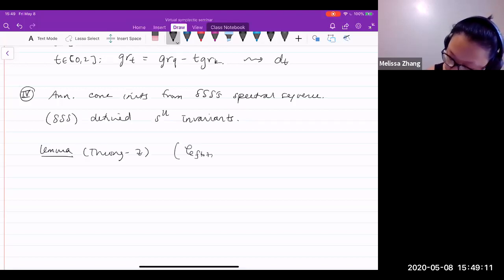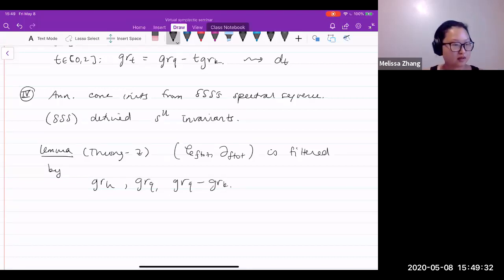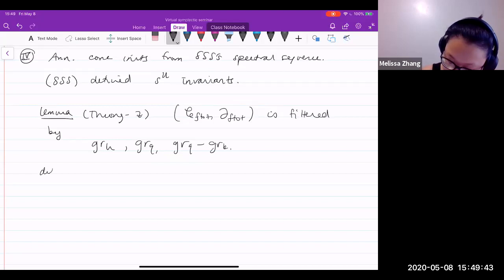So what I defined above as C filtered total and del filtered total, it's filtered by these three things: homological grading, quantum grading, and quantum minus annular grading. This annular grading is defined exactly the same way as Asaeda, Przytycki, Sikora, Lawrence Roberts, Grigsby, Licata, Wehrli. And then we can, of course, define